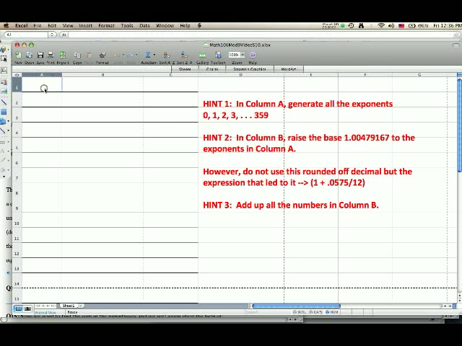Okay guys, this is video 9.1 in Module 9. It's the first video of Module 9, and in this video I am going to demonstrate how to add that very complicated sum of terms that is arising on the left-hand side of the loan payment equation after you factor out the P. So hopefully you guys have factored out the P and you've gotten the right sum